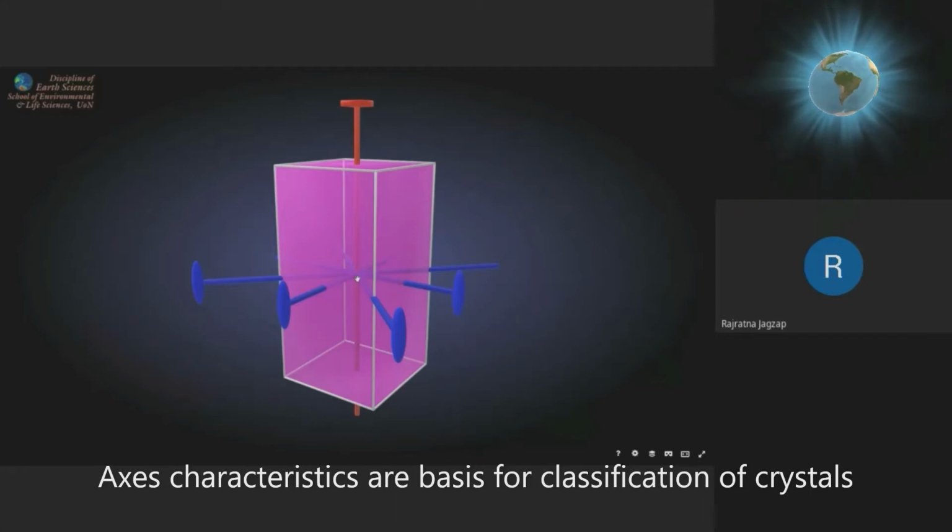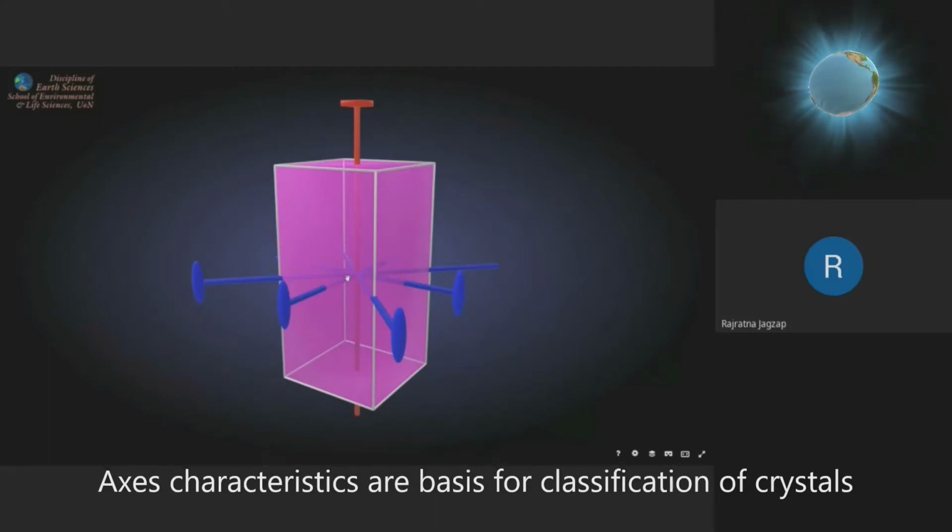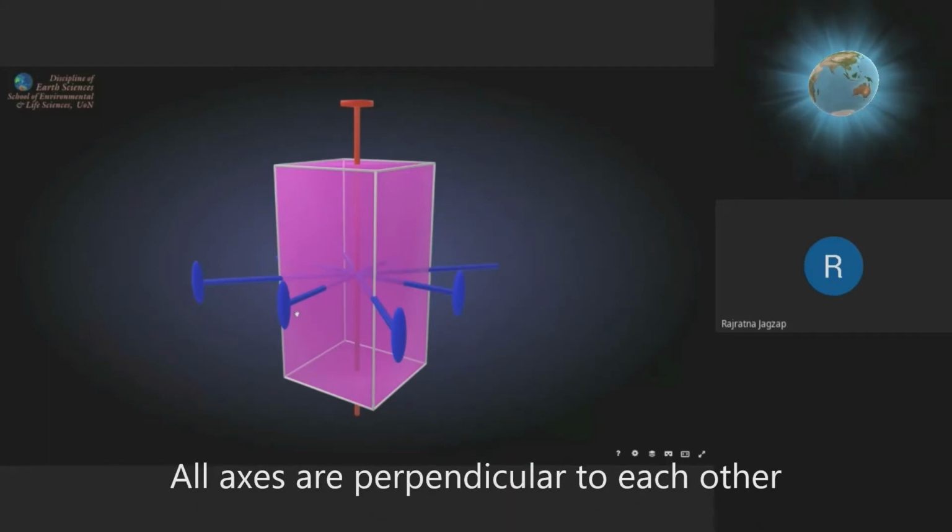This is the condition to classify crystals into the tetragonal crystal system on the basis of the characters of the axes. So A1 front to back, A2 right to left, front end positive, right end positive, C vertical, top end positive, bottom end negative. If I have to find a common relation of all three axes, there is only one property: all three axes are perpendicular to each other. Front to back is perpendicular to right to left, and they are perpendicular to the vertical axis. The vertical axis is perpendicular to A1.